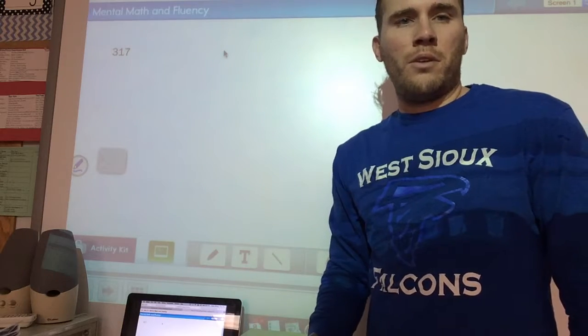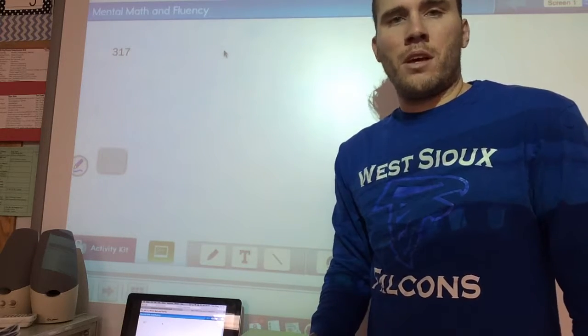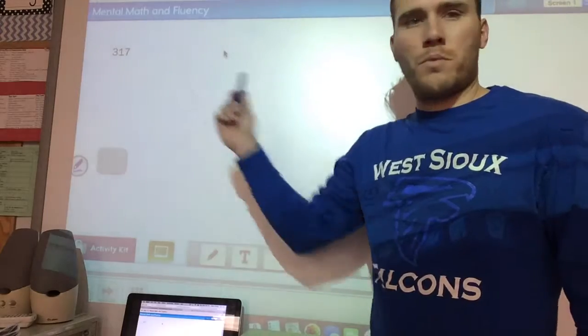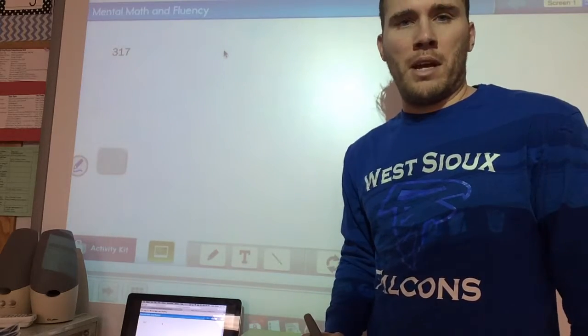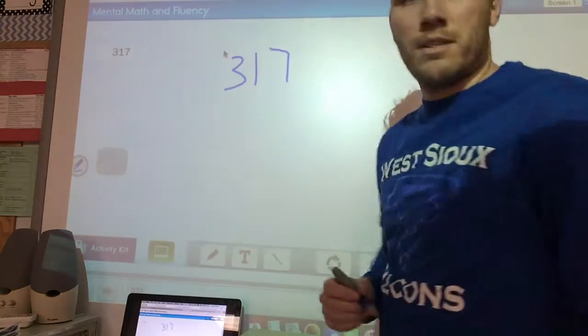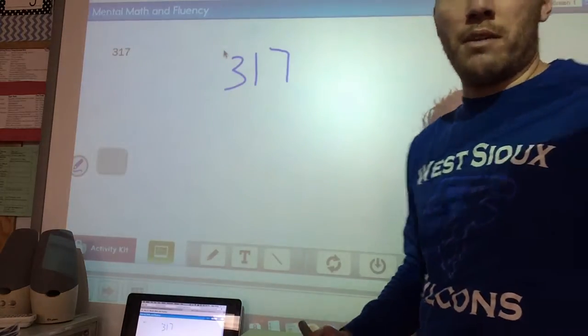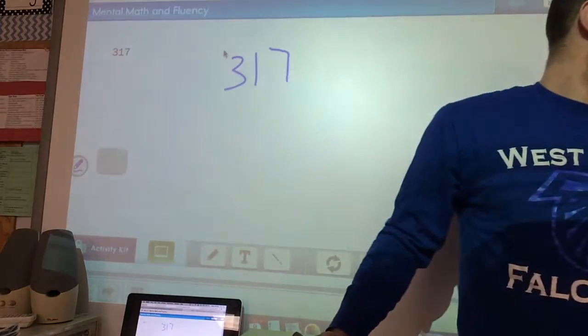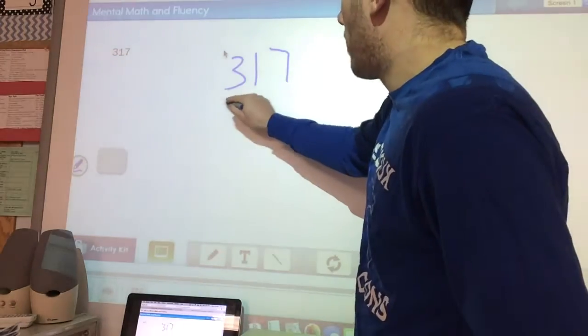Today we're going to do unit 4-3. In 4-3, the first thing we're going to do is write 317 in expanded form. So if we have the number 317 and we want to write that in expanded form, what we're going to do is write what the place